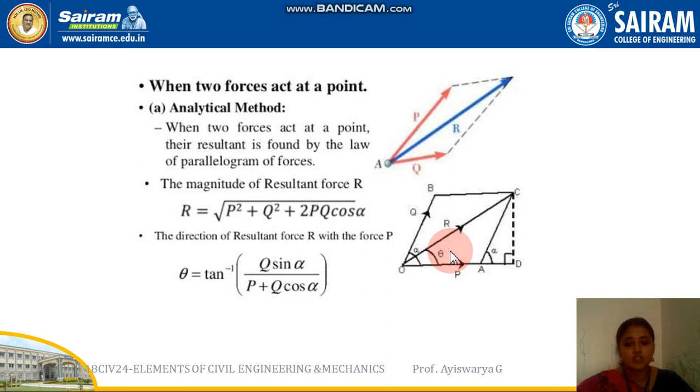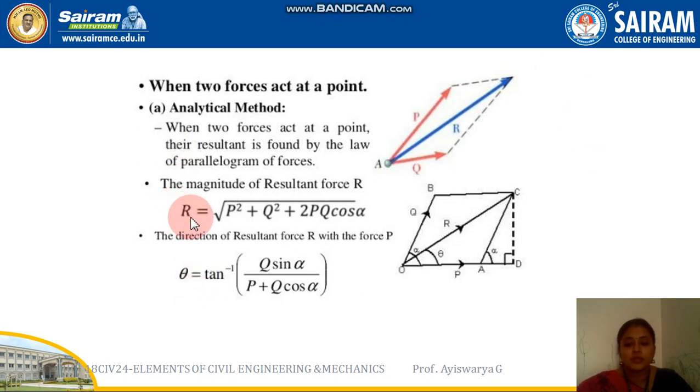Already in my previous session we have seen the two-force system theorem. Now I am just recalling that same theorem in this lecture video in order to solve the cases and the different numericals. When there are two forces acting at a certain point, here you can see there are two forces acting at one particular point. You will have the resultant R formula, and the direction of the resultant force, that is the theta formula, which we have also seen in the previous derivation, right?